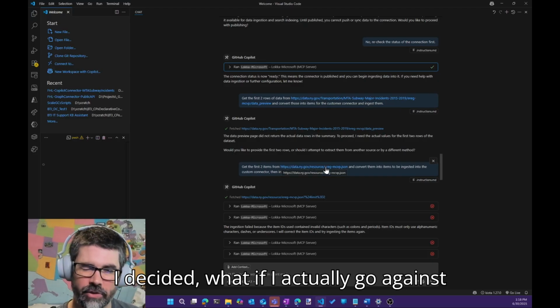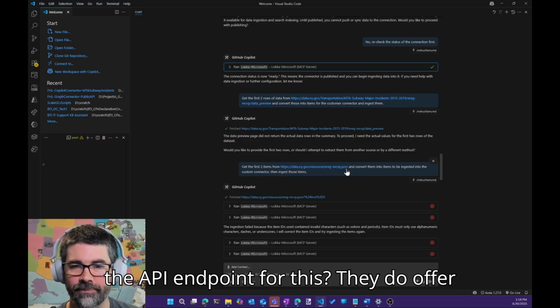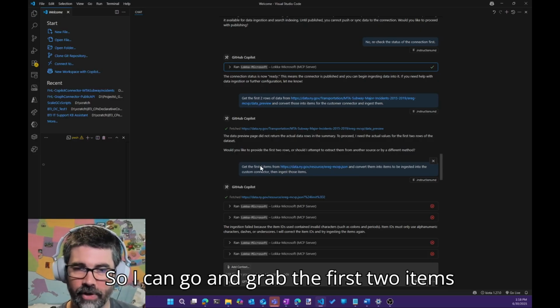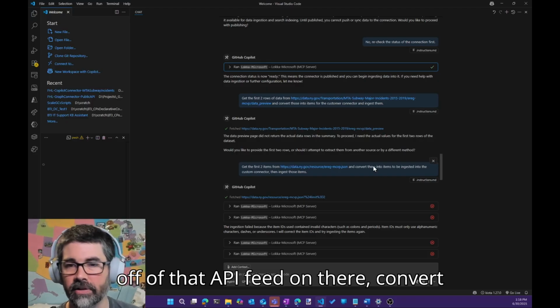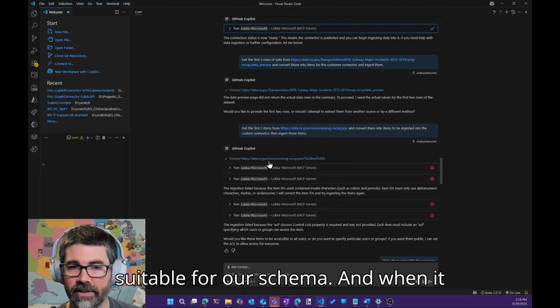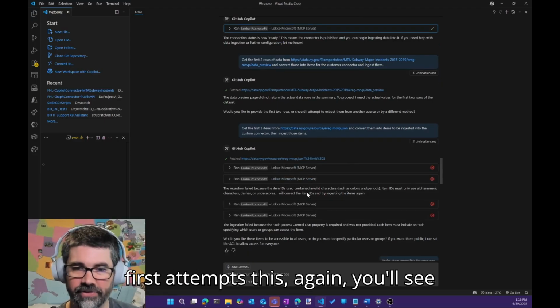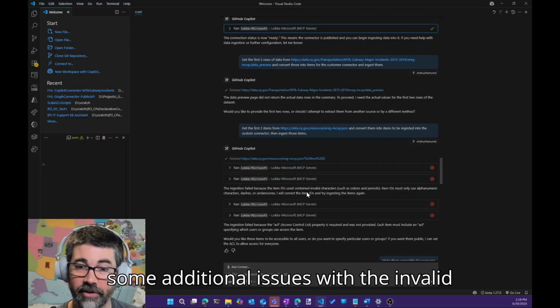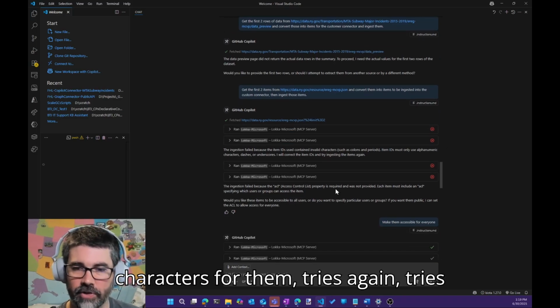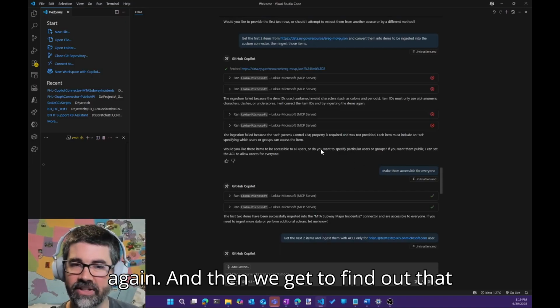I decided, what if I go against the API endpoint for this? They do offer this data set available in a JSON format. So I can grab the first two items off of that API feed and convert them into items that are going to be suitable for our schema. When it first attempts this, again, you'll see some additional issues with invalid characters inside of those properties, only allowing alphanumeric characters. It tries again,